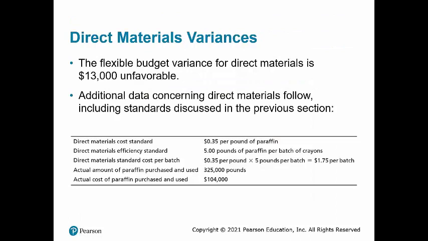The flexible budget variance for direct materials is $13,000 unfavorable. This slide presents additional data concerning direct materials, including standards that we discussed in the previous section. Direct materials cost standard is 35 cents per pound of paraffin. Direct materials efficiency standard is 5 pounds of paraffin per batch of crayons. So the direct materials standard cost per batch is equal to 35 cents per pound times 5 pounds per batch, or $1.75 per batch. The actual amount of paraffin purchased and used was 325,000 pounds, and the actual cost of paraffin purchased and used was